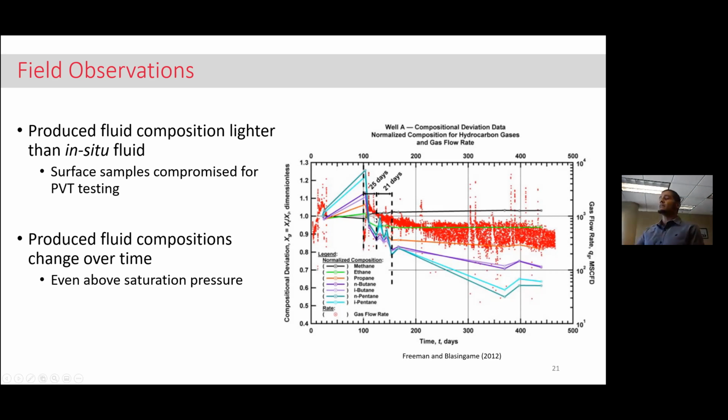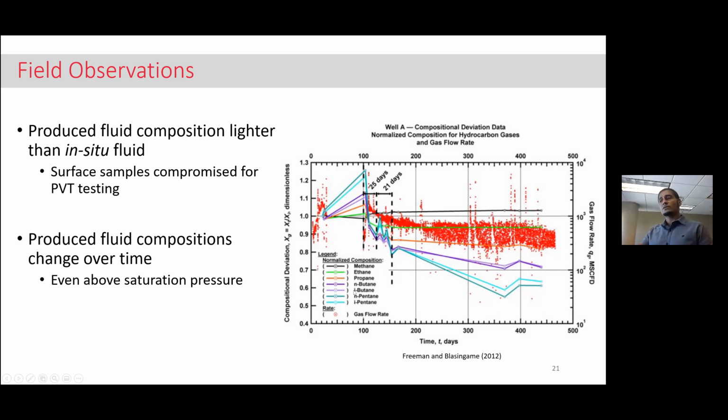And what you're seeing is that, of course, initially, there's quite a bit of noise. We can't really see anything that's going on. That's because when you're talking about shale wells, you have a whole bunch of cleanup, and you're producing your frac fluids and things like that. But after a certain period of time, you can very clearly recognize the signature of a moderate increase in methane fractions and a definite decrease in some of the heavier fractions.